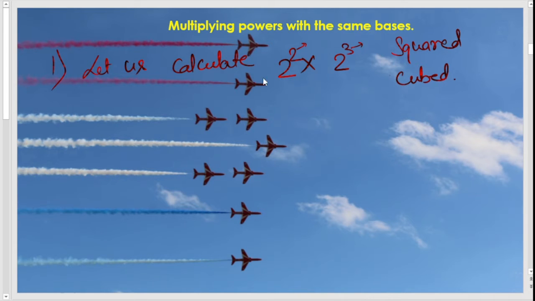So we'll calculate like this: 2 into 2 into 2 into 2 into 2. Here we can write it as 2 to the power